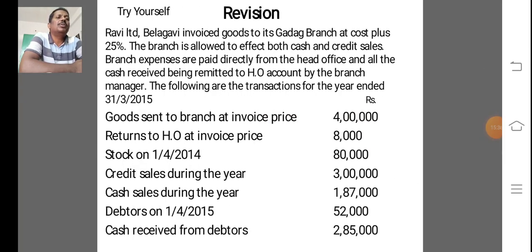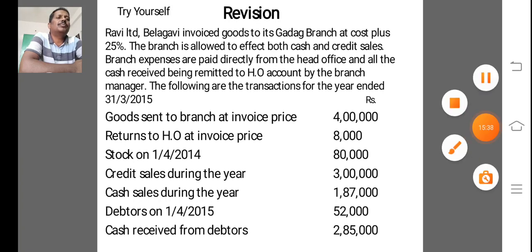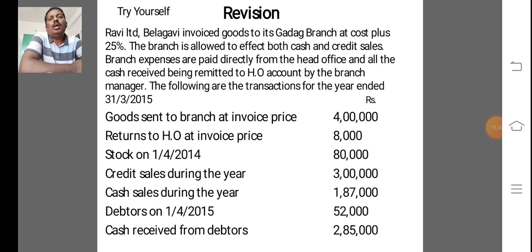So try yourself. Ravi Limited, Belagavi invoiced goods to Gadag branch at cost plus 25%. The branch is allowed to effect both cash and credit sales. Branch expenses are paid directly from the head office, and all the cash received is remitted to head office account by the branch manager. The following are the transactions for the year ended